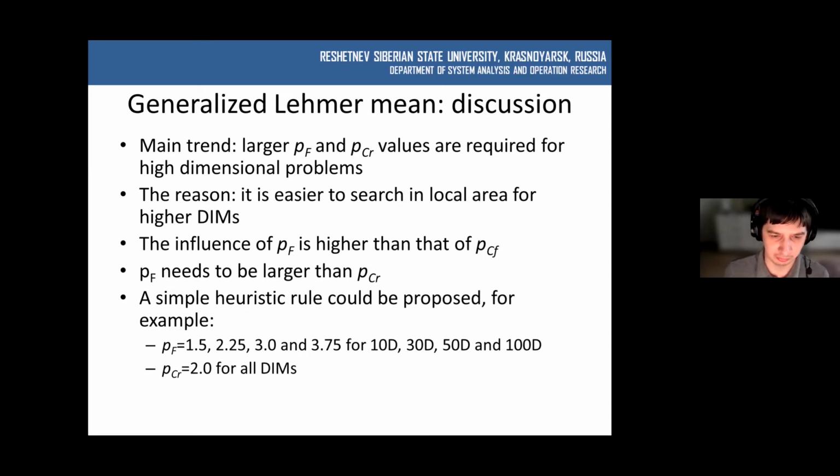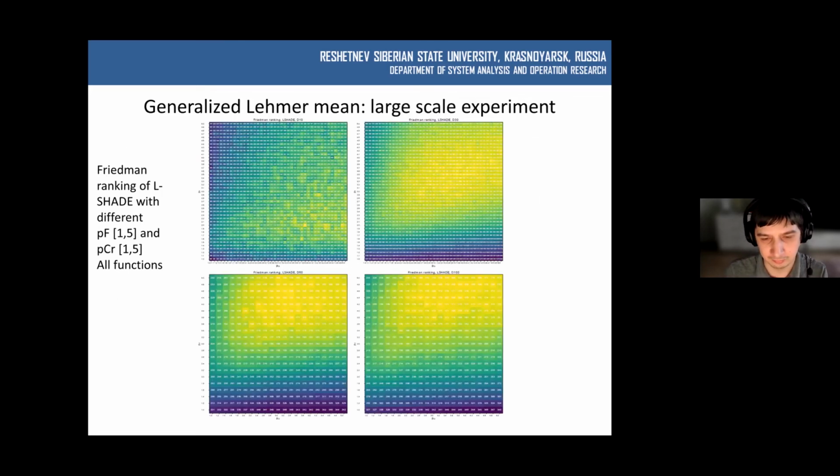And this is good in high dimensional functions because you need to have a broader search. You have a very large dimension, and maybe if you have larger F values, then you will get better results. So here we came up with a simple heuristic rule, different values for different dimensions,